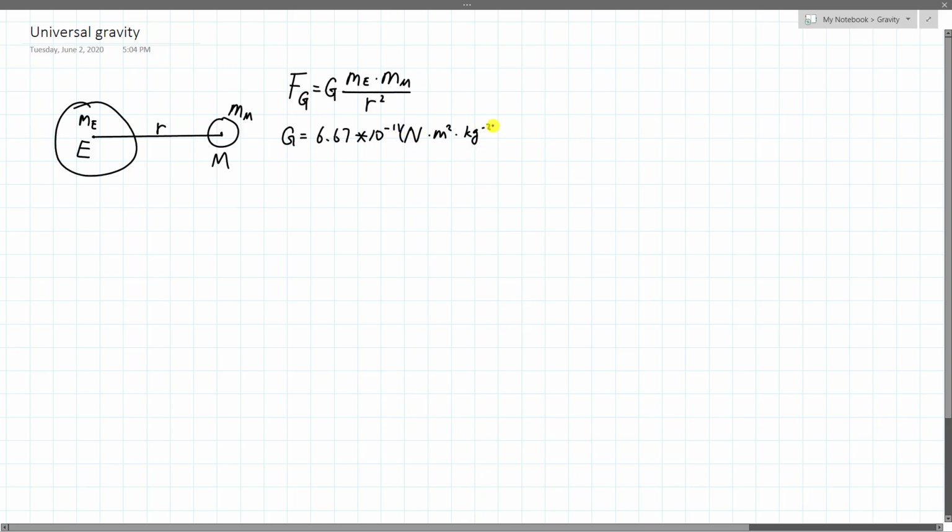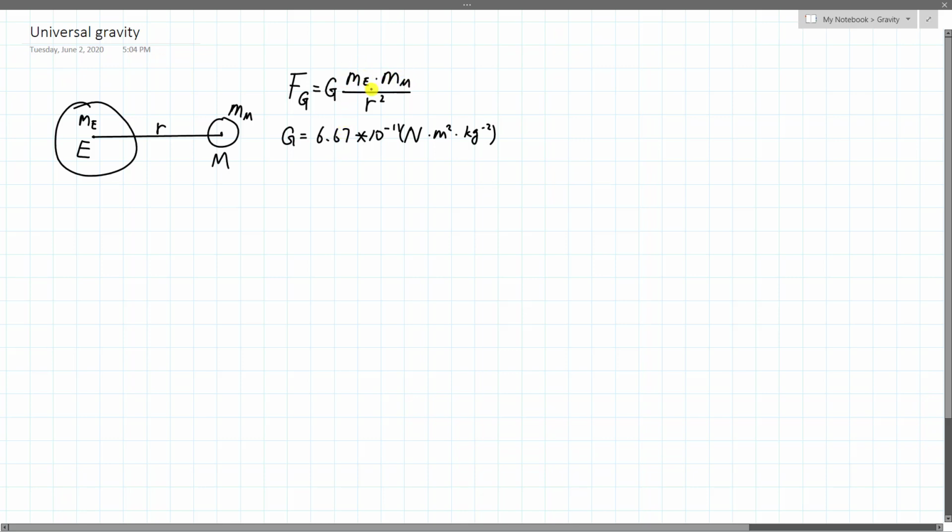It really doesn't matter. We always use standard SI units unless you start using different distances than meters, such as maybe kilometers or even astronomical units or light years. Then this unit will have to change. I would rather just convert all those different units into meters. So this thing here, it determines how large the force is, and the force is very small if you're talking about very